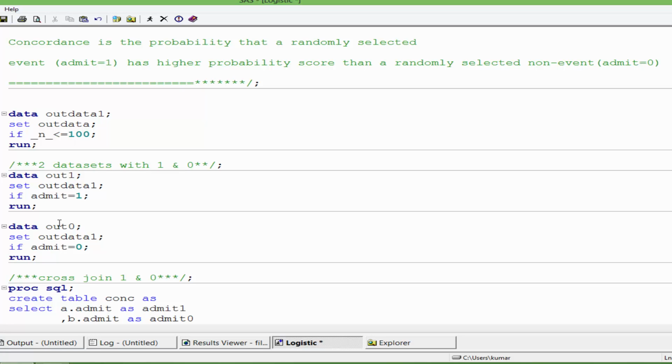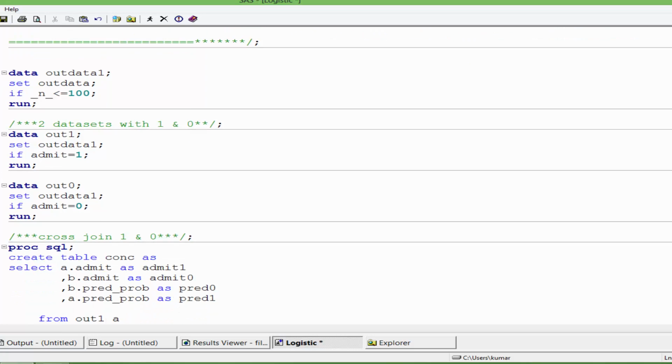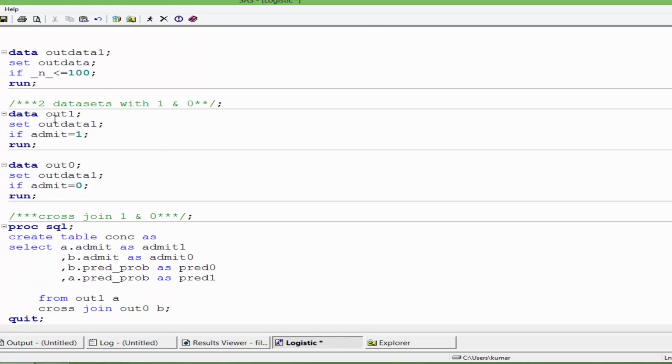Now I'm subsetting the data set into two data sets. One is where admit is equal to 1, and the other data set is where admit is equal to 0. That means in the first data set, out1, I have students who are admitted, and in out0 I have students who are not admitted. So if I run these two things,